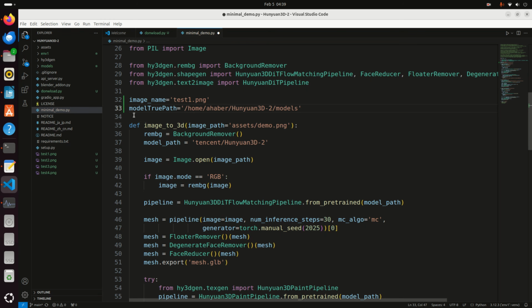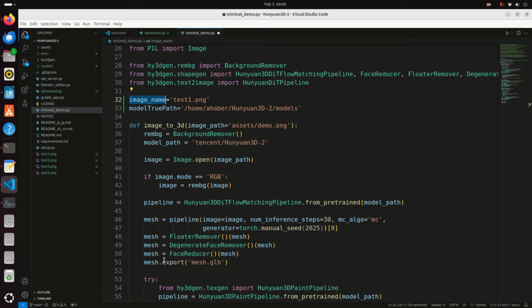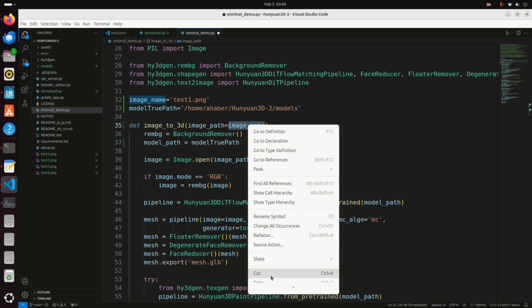Okay, so let's start with modification. First of all, let's copy this name, and image path should be equal to image name over here. That is, we are not going to use their default test cases, and the model path should correspond to the model true path. Good. And now let's copy again the image name,